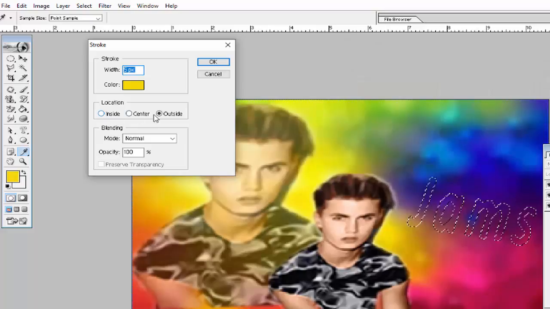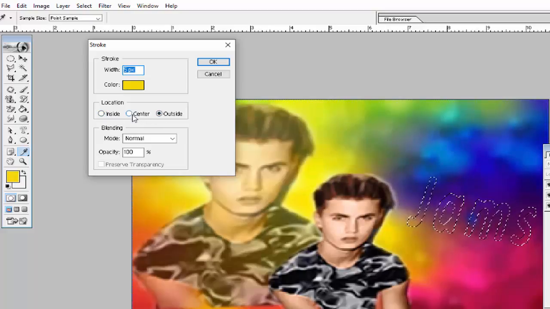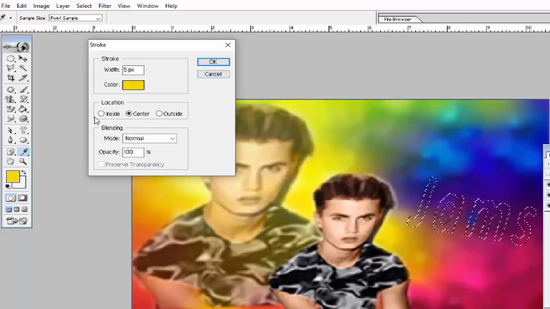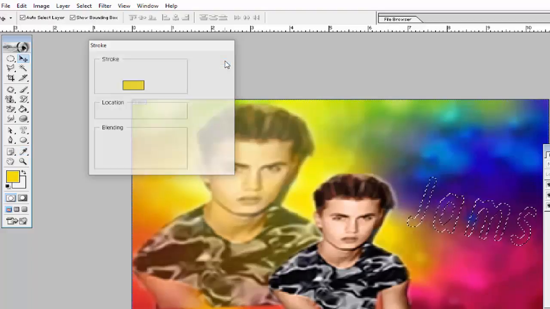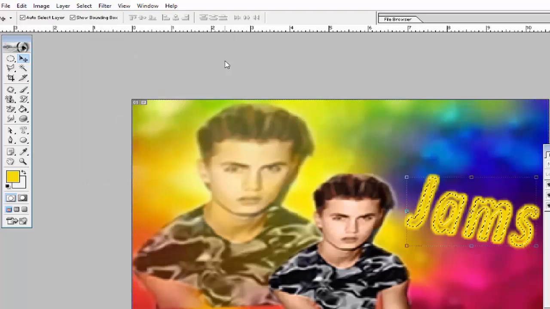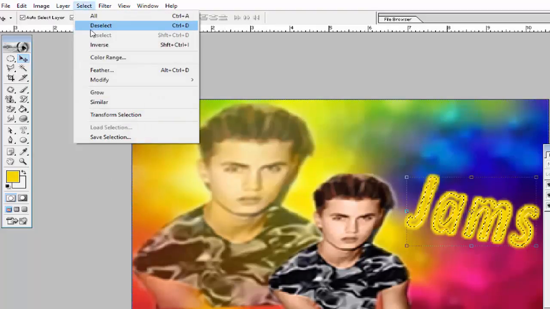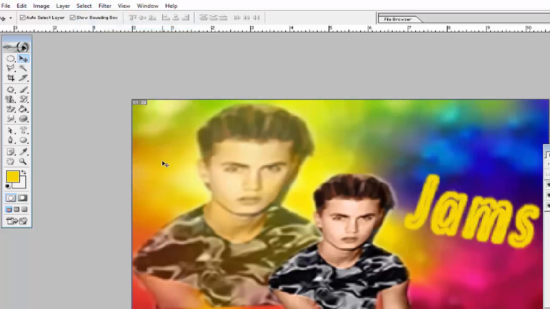We will give the outline at the center, or you can also give an inside outline or an outside outline. So we will give center, then click OK. So the name will be like this. Click on Select, Deselect to remove this mask. So I think you understand how to create this image.